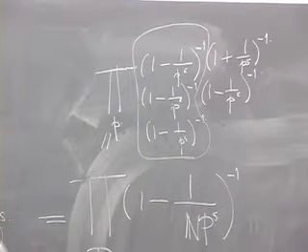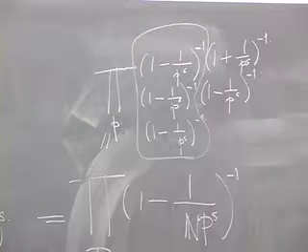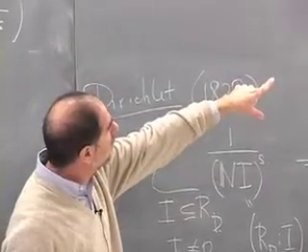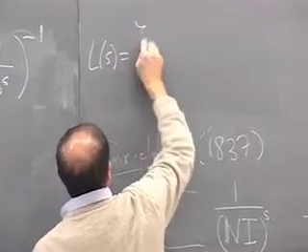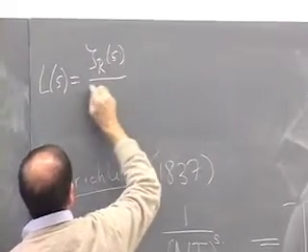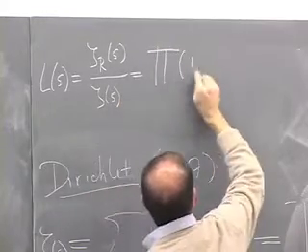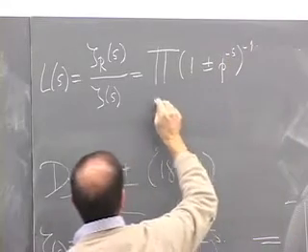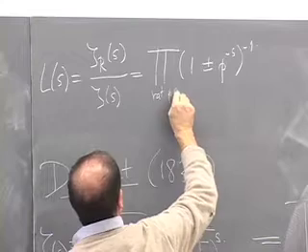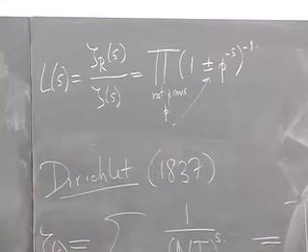Okay? And what Dirichlet proved was that when you divide this function of s by this function of s, what you were left with was the product over those primes. And he called that the quotient function. He called it L of s, which is zeta R of s divided by zeta of s, and it is given by an infinite product over the rational primes p of (1 plus or minus p to the minus s) inverse,